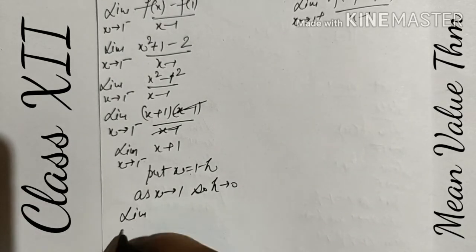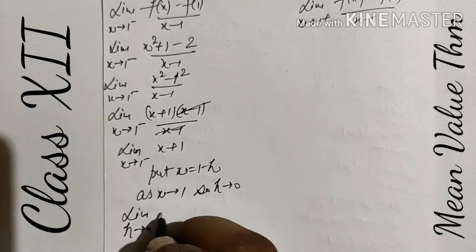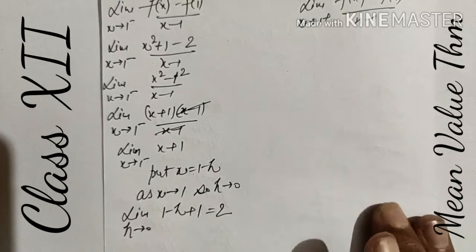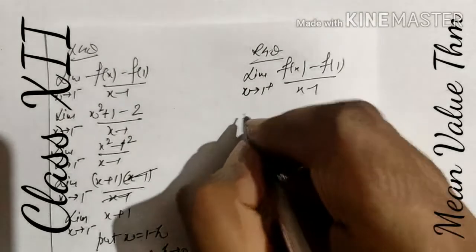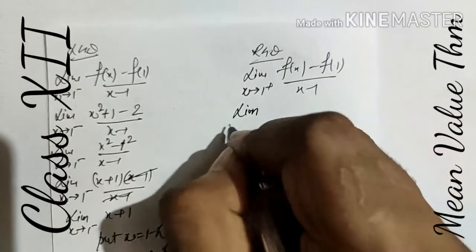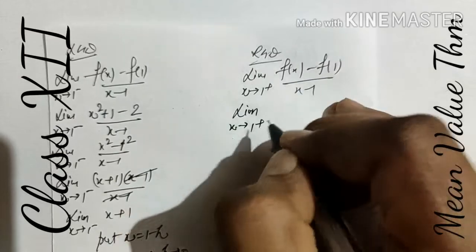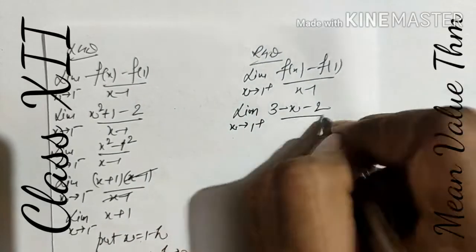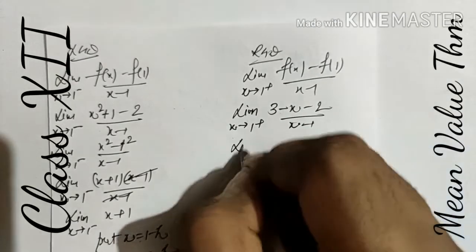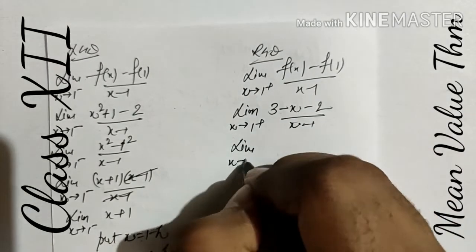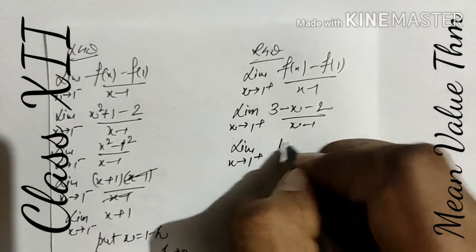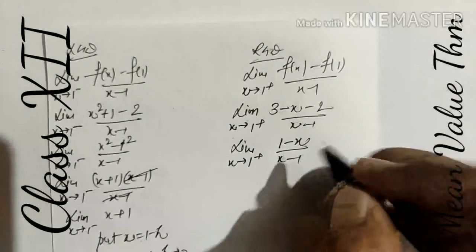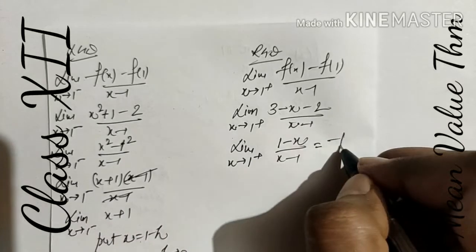So the limit after substitution becomes 0, x replaced by 1. If you simplify, it comes out 2. On the other side, right hand derivative, limit x tends to 1 plus, f of x is given by 3 minus x. This is given by 2. If we simplify this one, right hand derivative, we get 1 minus x. If you see here, upside and downside there is a difference of minus symbol, so it comes out minus 1.